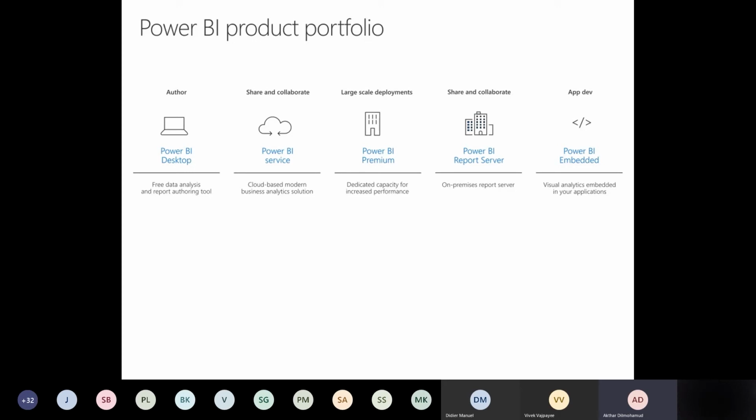So to have Power BI Report Server on premise, you have two options. Either you buy Power BI Premium, I'll get back to Power BI Premium in another slide, or if you have a SQL Server Enterprise license, then you are allowed to install Power BI Report Server on your server locally, right? So two licensing options there: either Power BI Premium, or a SQL Server Enterprise license with software assurance. Then you can install Power BI Report Server on premise and start sharing your reports among your